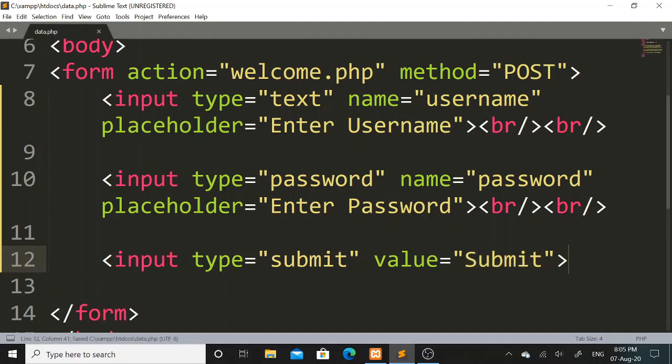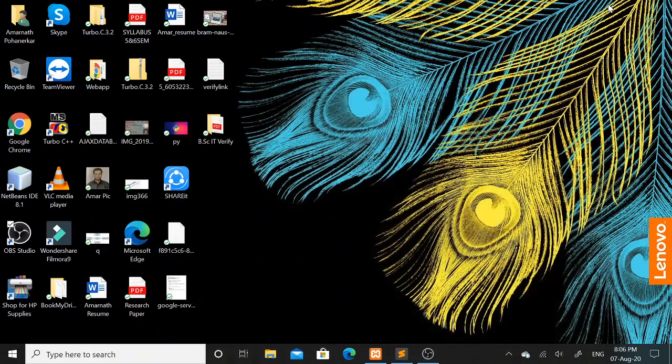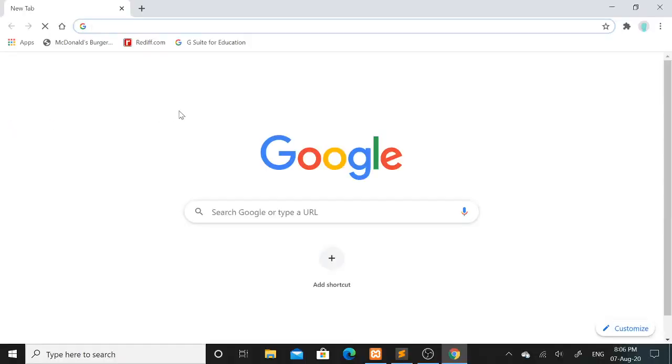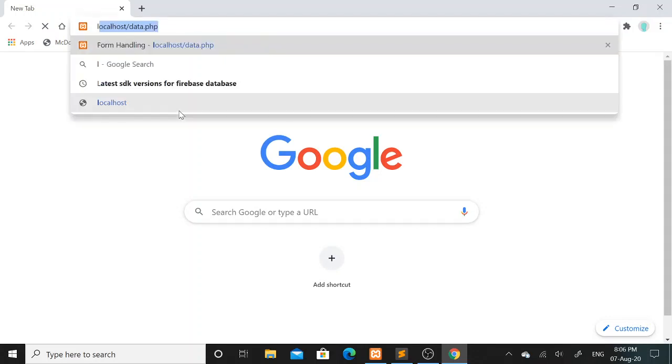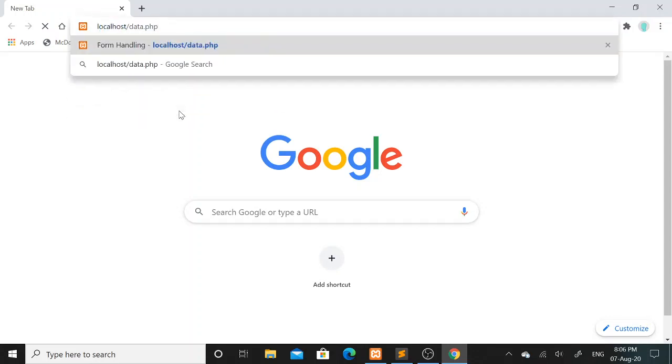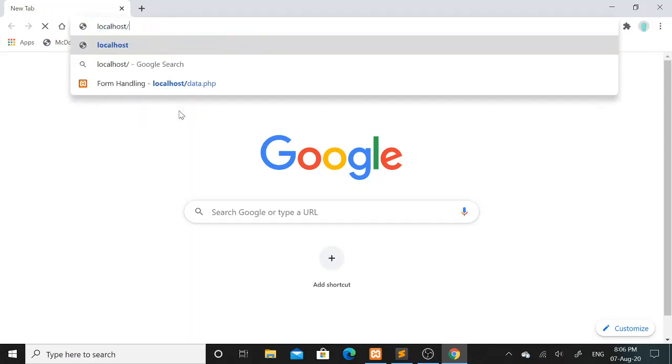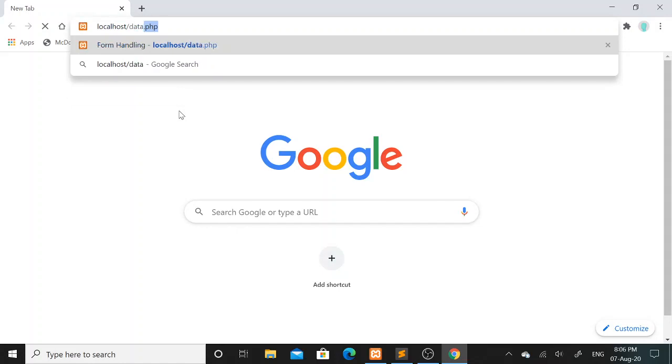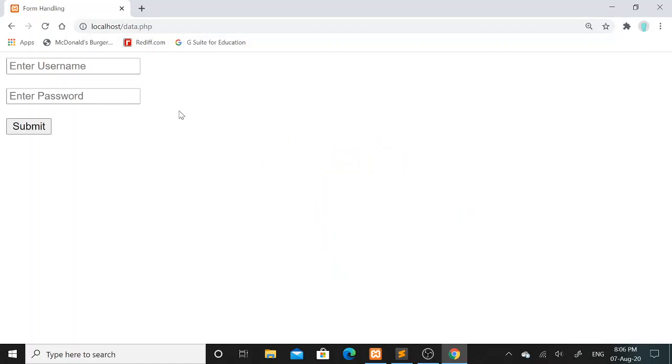In order to see how this form looks on the web browser, I will run this file on the web browser using the localhost server. In the web browser, I will mention the localhost keyword, then slash and my file name, that is data.php. Then I will press enter.